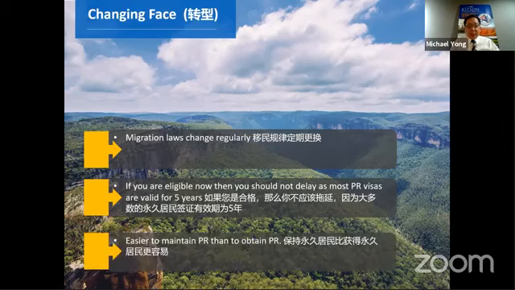So I always tell my client, once you get a PR, it's easier for you to maintain, then you apply for a new one. So if today you are eligible and you say, oh, let me wait for next year, it gets harder and harder. So through my experience of more than 10 years in doing migration work, skilled migration is